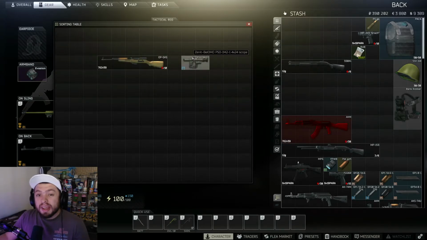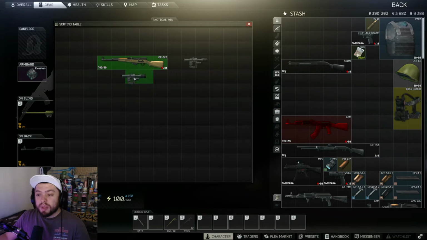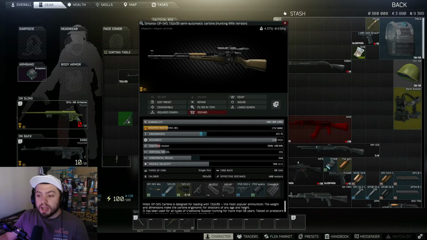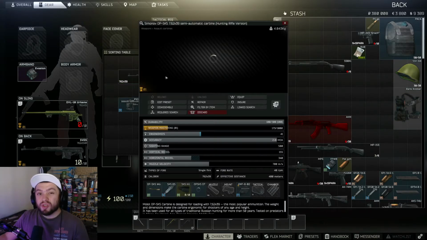Now, the OP SKS is by far my favorite gun early wipe, and this is why. So the OP SKS you can get off of Jaeger for about 33k, which is pretty cheap for a 7.62 gun for how good it is. You can also get the PSO scope for about 22, so you have about a 55k gun that you can get long range with. You can throw the scope right on there, or what you can do is actually take the PSO scope off of the SKS, and then put the EKP for a short range